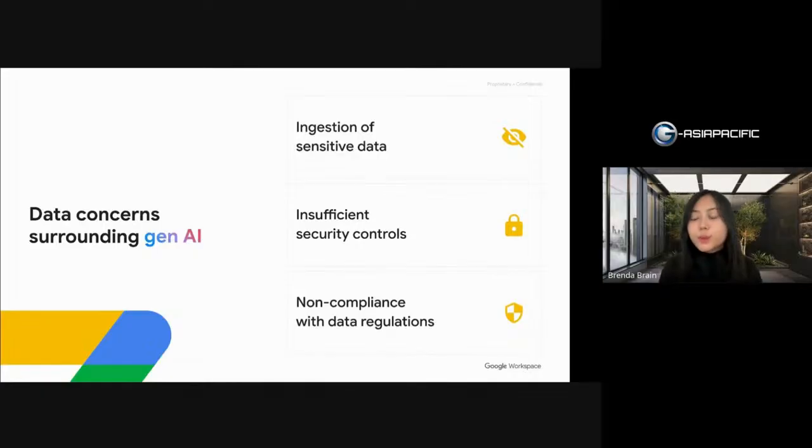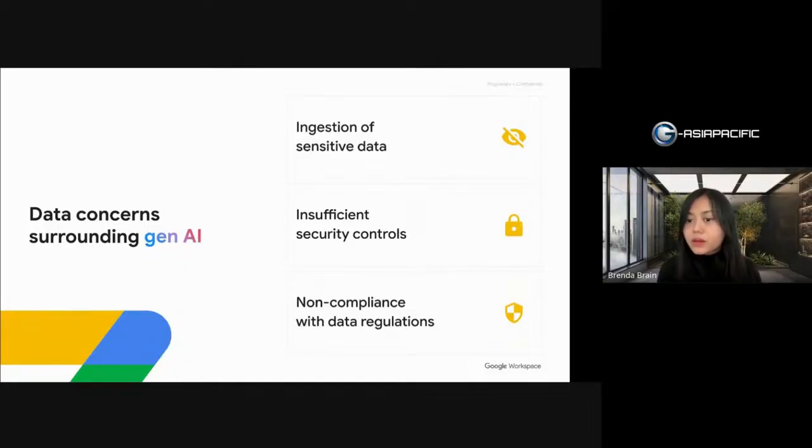If they are using the public model of AI, your data has a possibility of being leaked to the public. This data could then be used to train the AI,